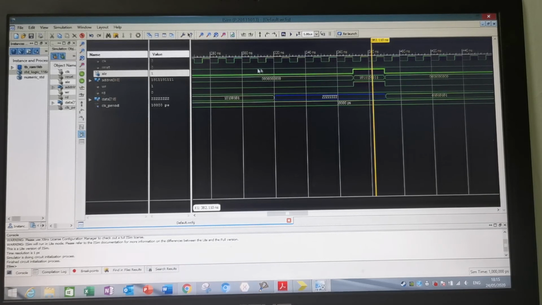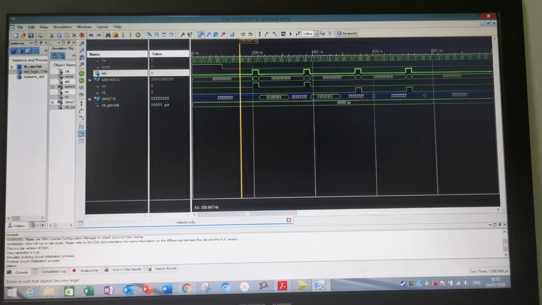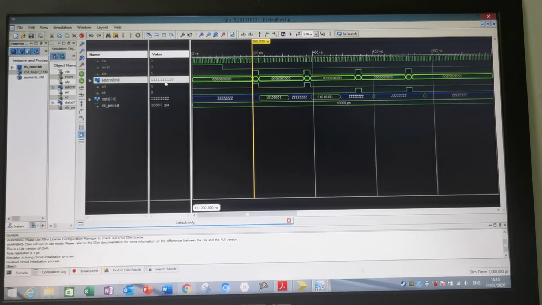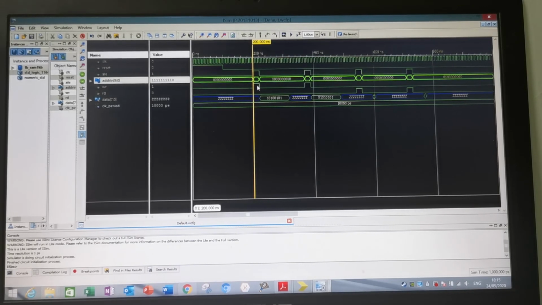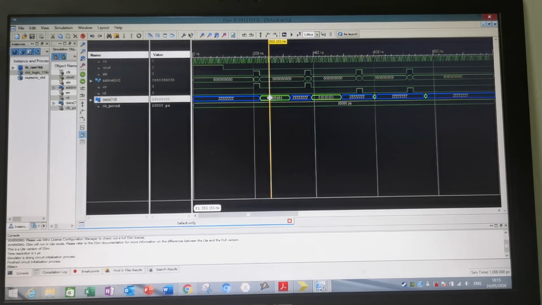Okay, so the address is this, 111111, and then it is a write function, and the data is this, and then when we read,